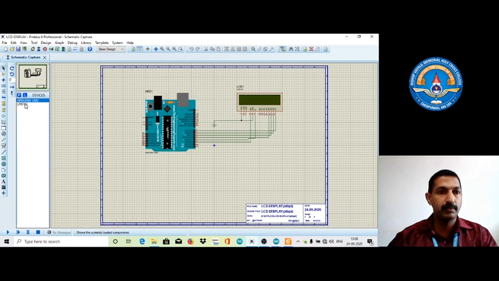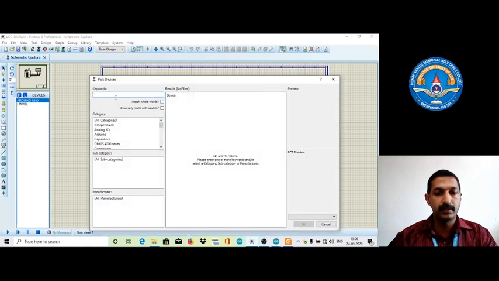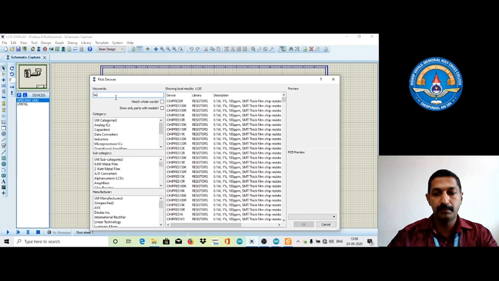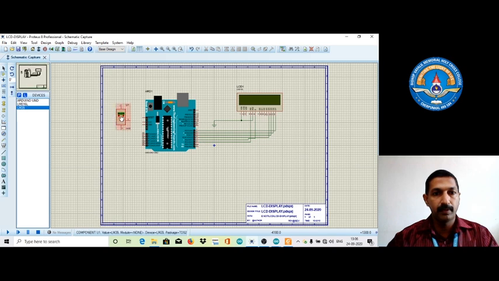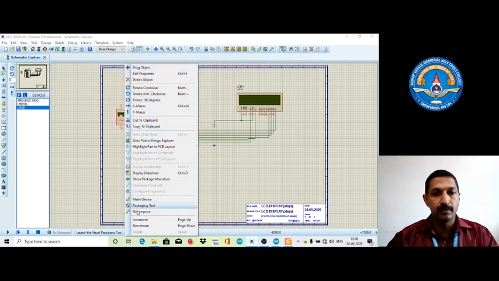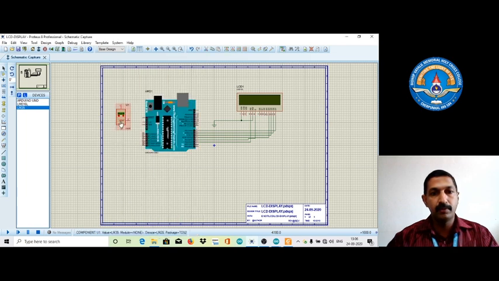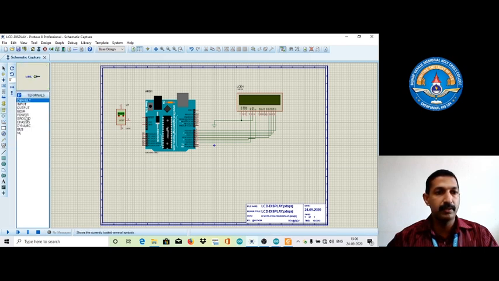To add the LM35, this is the LM35 device. We can see it connects with the ground signal. From here, this is the ground.